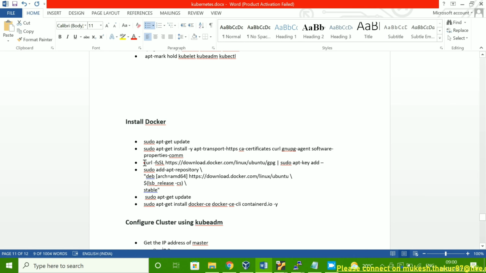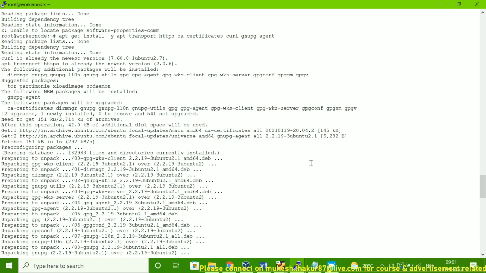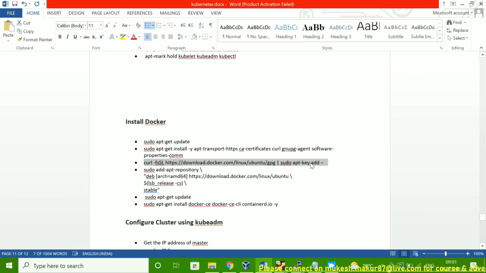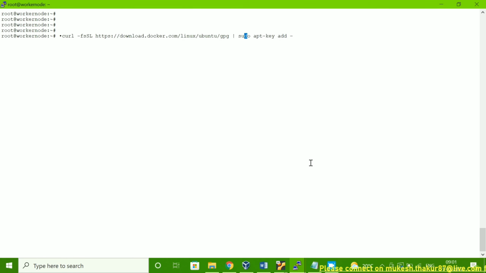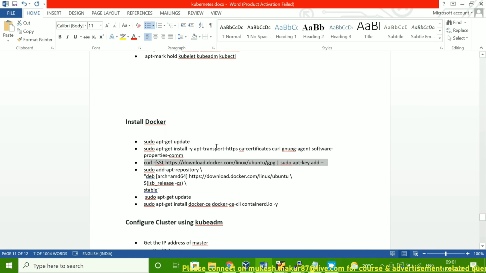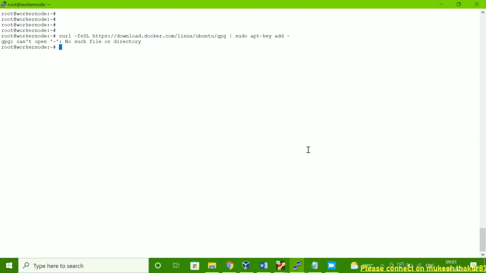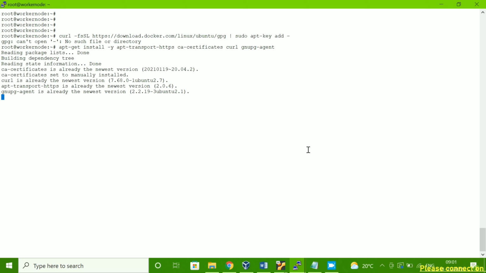So we have to run this command now. Okay, it means again we have to run this command. It did not run successfully. Let me check again. Yeah, so it's telling the certificates newer version is available, everything is there.